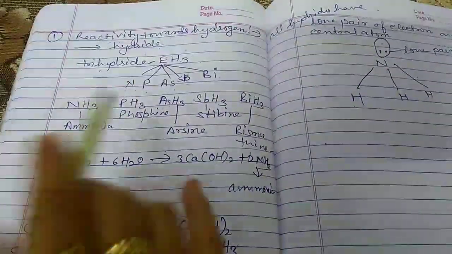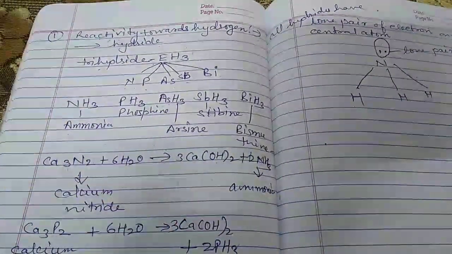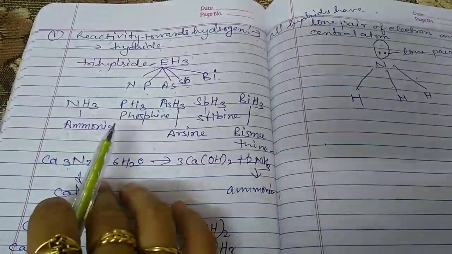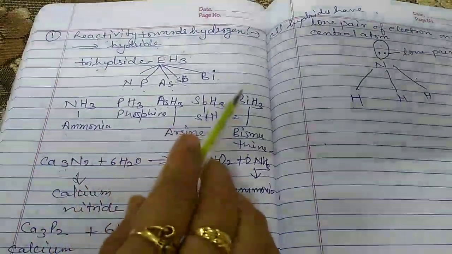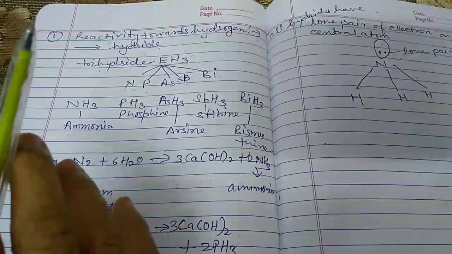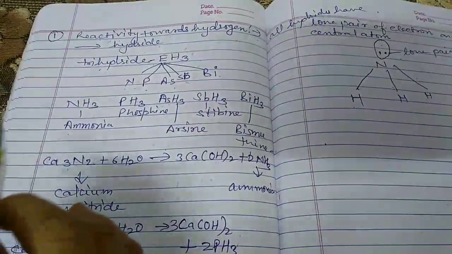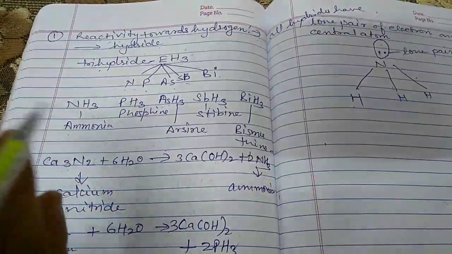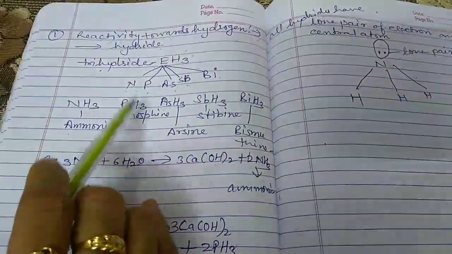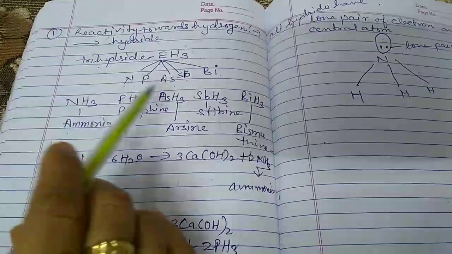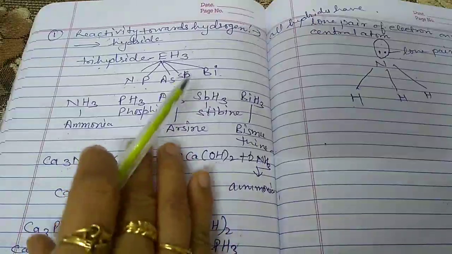The first one, as we have already discussed, is that it is highly electronegative. The size of nitrogen is very small, and as the size is small, its ionization enthalpy is very high. These are the very important properties which differ nitrogen from the other members of the family. One of the most important properties is the non-availability of d orbitals in the valence shell. That's why it does not form compounds in the +5 oxidation state.